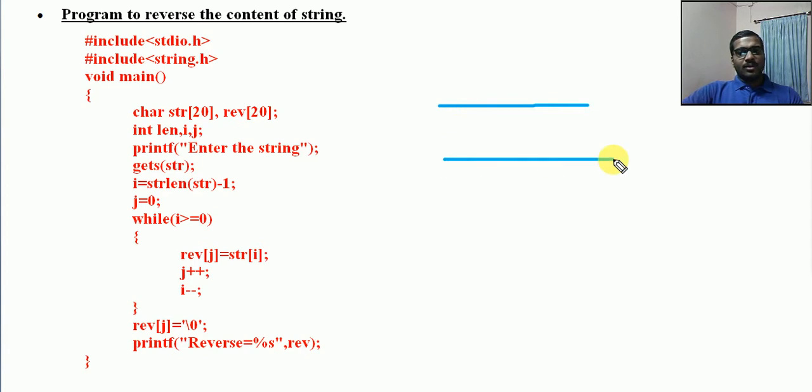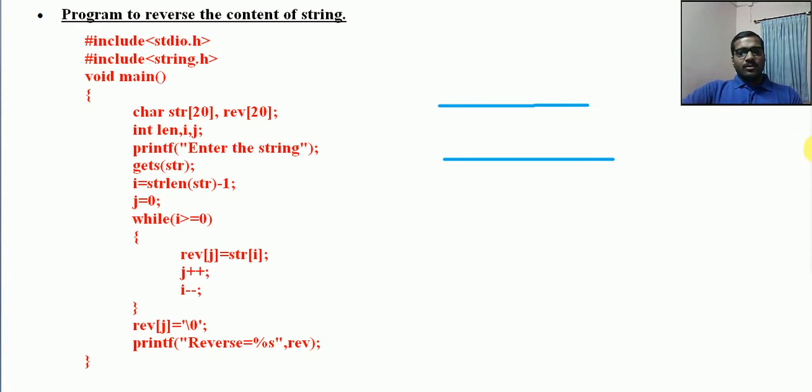That is one logic, because I am not directly reversing in the same character array. After this I will give a hint on how we can reverse on the same array itself. You can work out on that.